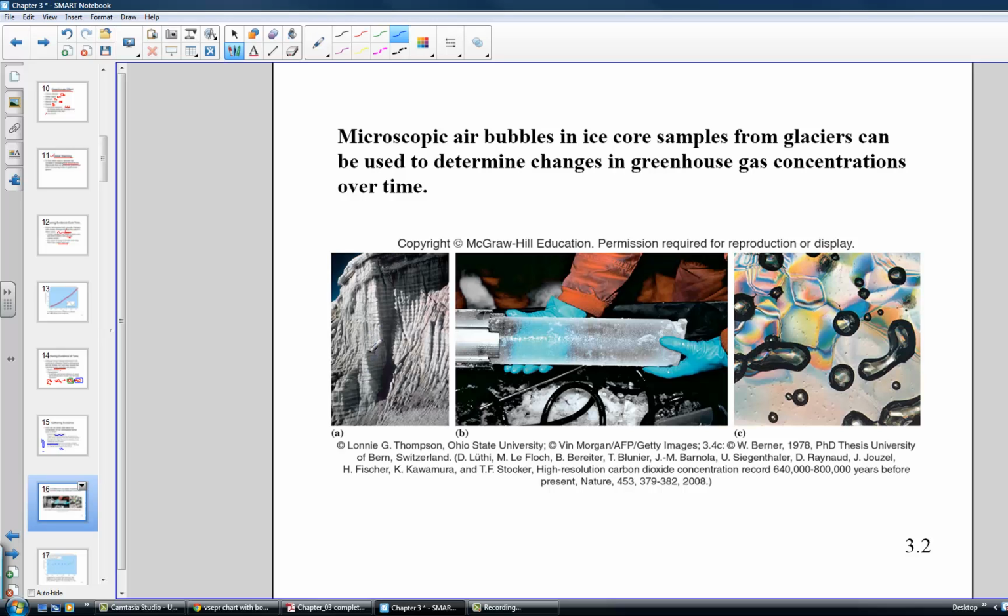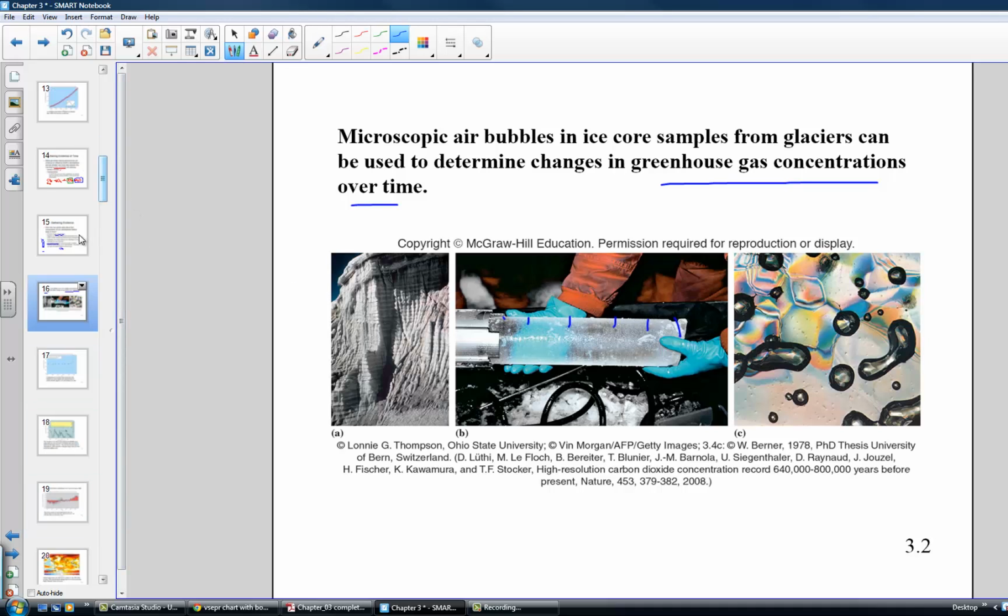So we can see this particular glacier, a very deep glacier. The further they drill down and get out an ice core sample, the more you're drilling down many, many years back. By analysis of these air pockets, they get an idea of just what the compositions of the greenhouse gases were over time. So here's a long time ago, and then by analyzing the change in the air pockets from deep down to the more current level of ice, you can see the composition of the greenhouse gases changing.